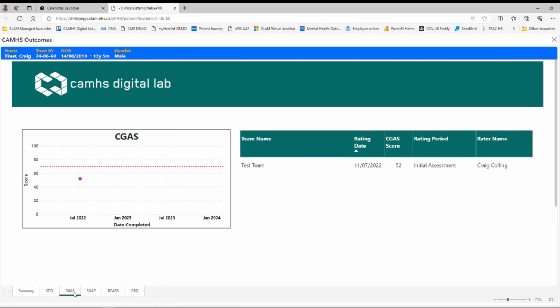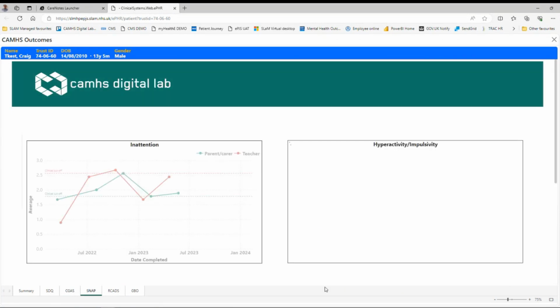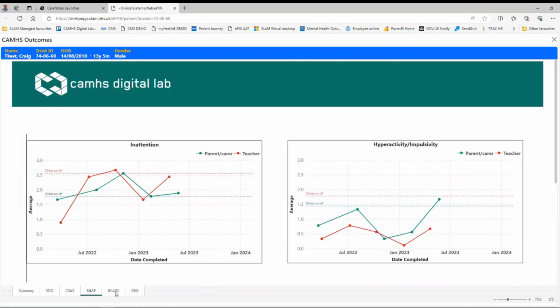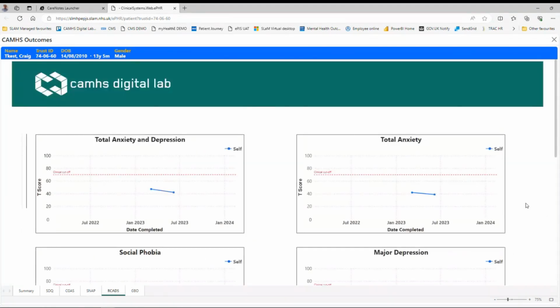There's a similar presentation for all the measures. So here's the CGAS, the SNAP, the ARCADS,